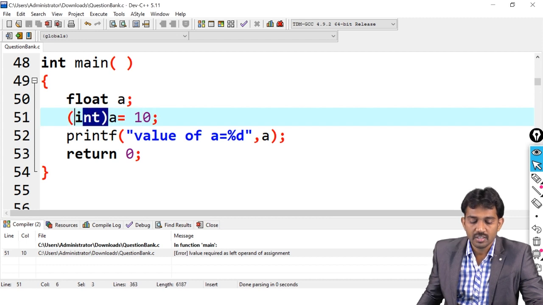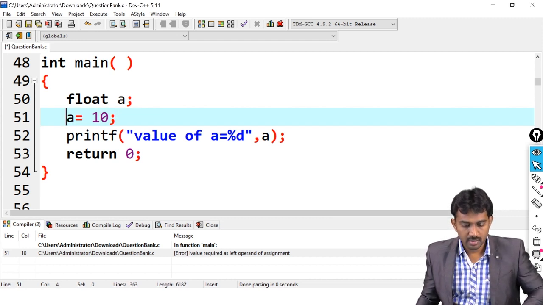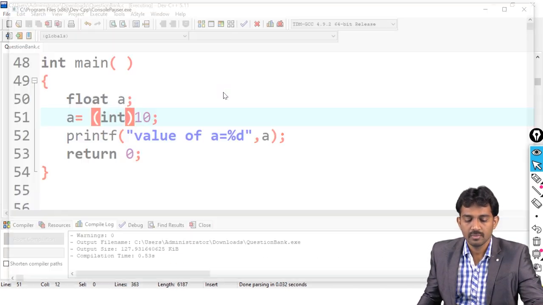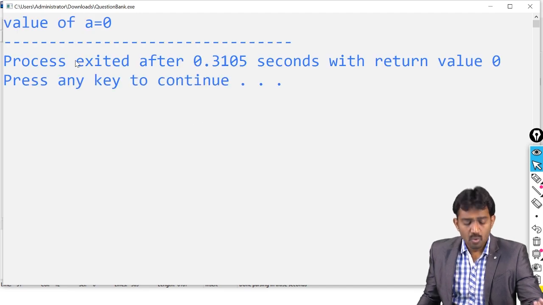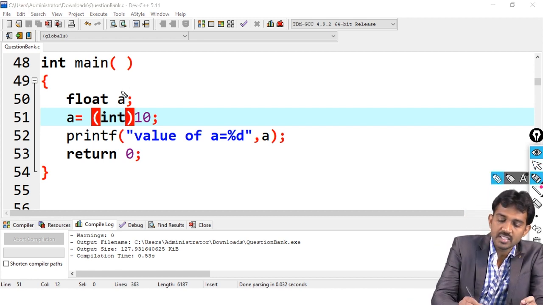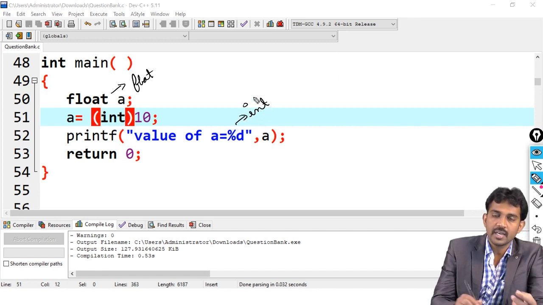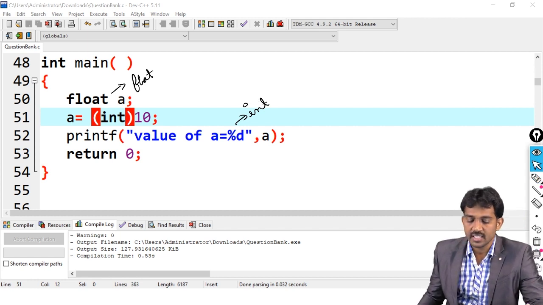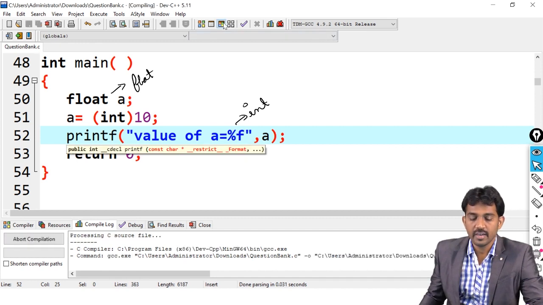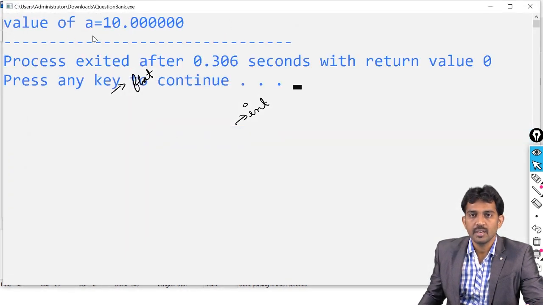If you change this one to here, now see, if you run this code, so why is the value 0? Because please note this, here the value is given as a float type, right? But here we are going to print the data in the integer type. That is the reason. So if you want to get the correct value as it is, you should use an f here. Then you will get the right data. See, 10.000. Is this clear? So that is the difference.